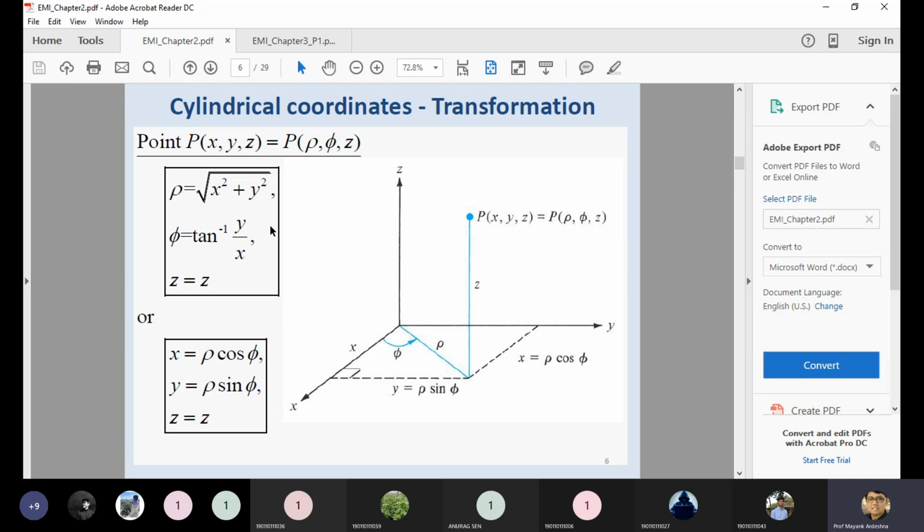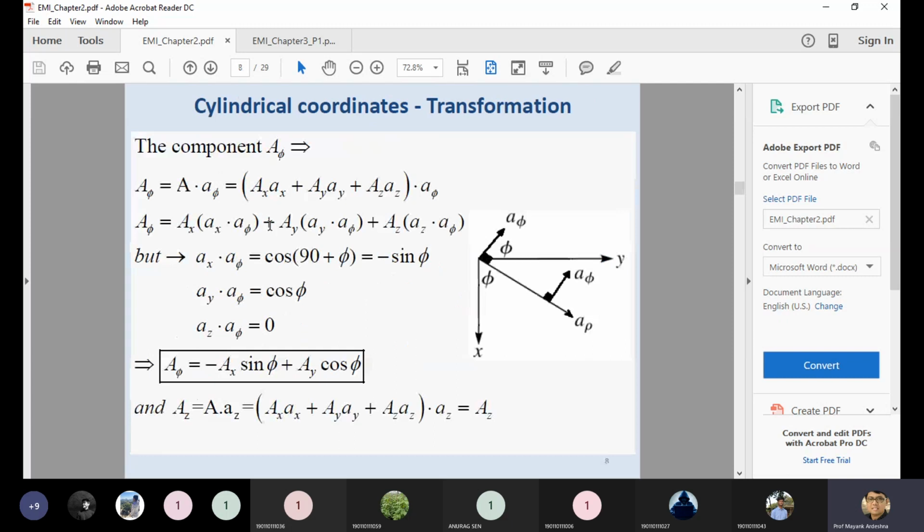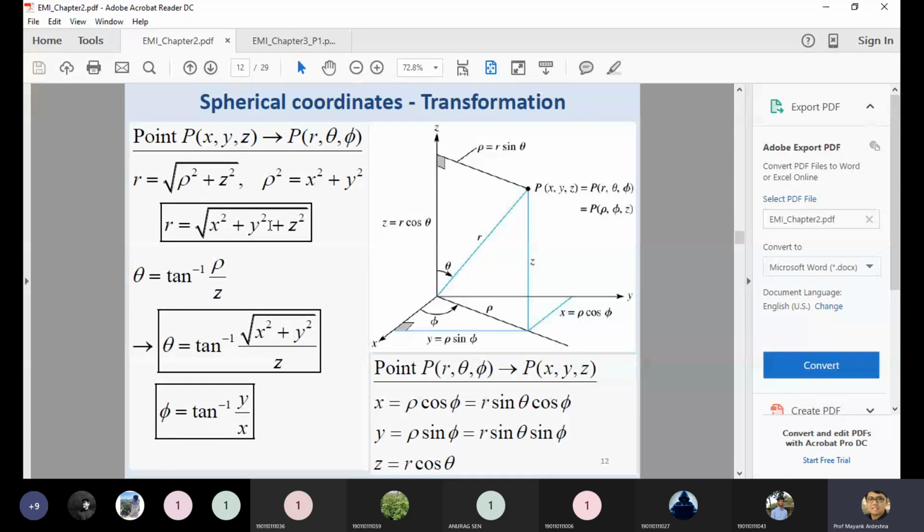I think most of you also completed this part. Similarly, it may be asked in spherical, then you have to find the answer in terms of the spherical coordinate system, where remember, do not confuse with this one. Most books follow the radius in the circular cylinder as rho, and the radius in the spherical coordinate system is r. The spherical coordinate system is a function of r, theta, and phi, and the circular cylinder is a function of rho, phi, and z. If you do the reverse, it may be wrong.